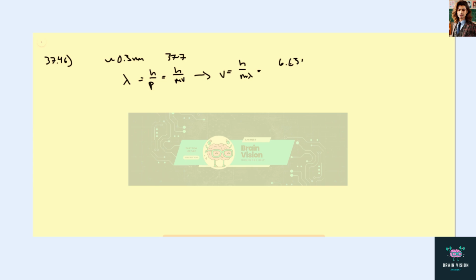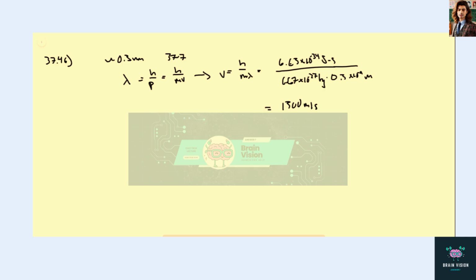h is 6.63 times 10 to the negative 34 joule seconds. The mass of a neutron is 1.67 times 10 to the negative 27 kilograms. And it says the wavelength to use was 0.3 nanometers. So this is all in SI units, and we see this comes out to be roughly about 1,300 meters